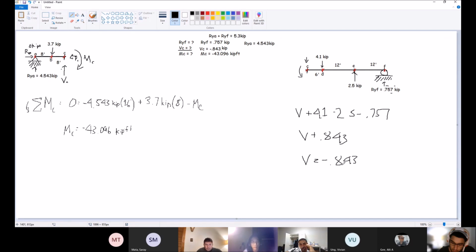Yes. So negative 0.48. The shears are the same, right? Yeah, they're the same. Correct. Okay, I'm overthinking. And you're good. And then 4.1